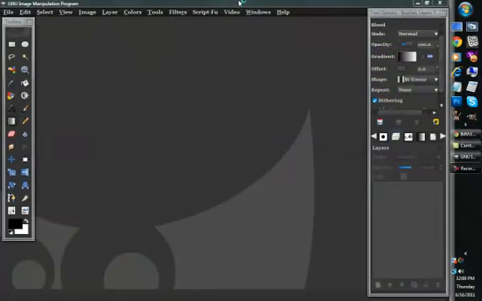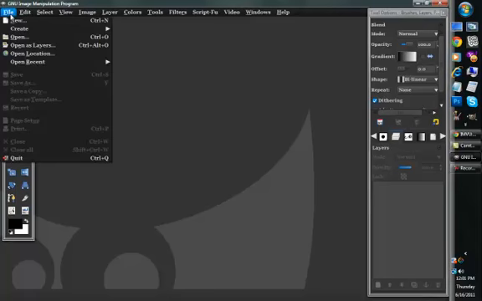Hey guys, today I'm going to be telling you some shortcuts that are handy and where you can find shortcuts. And mainly I'm going to be talking about how you can make your own catalog icon image. So let's begin. I'm going to be using GIMP and let's go to File, New,